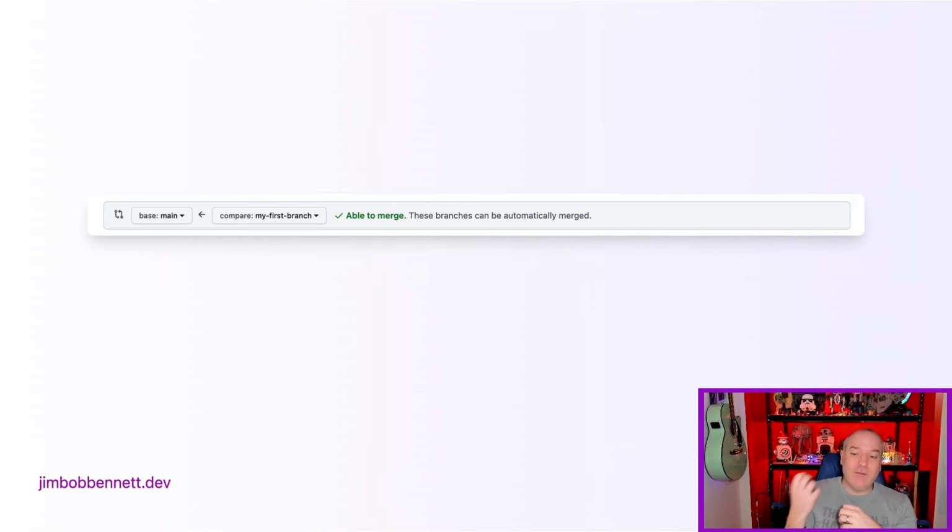If the changes you made in your branch do not impact the changes that have happened since you took your branch, it'll work fine. If you branched off from one point in main, you added something to the bottom of a file, somebody else added something to the top of the file, Git's smart enough to bring those two changes together and make it work. However, if somebody's made changes on main and you have made changes to the same section of